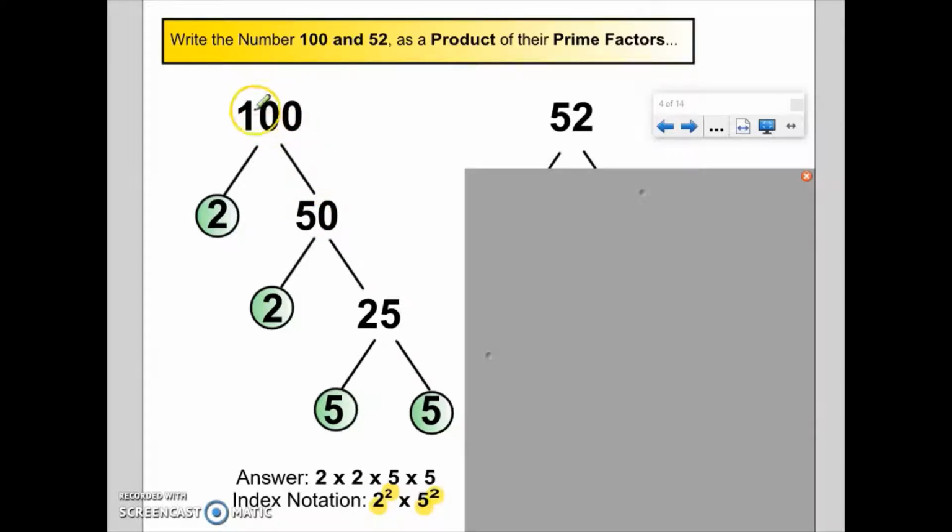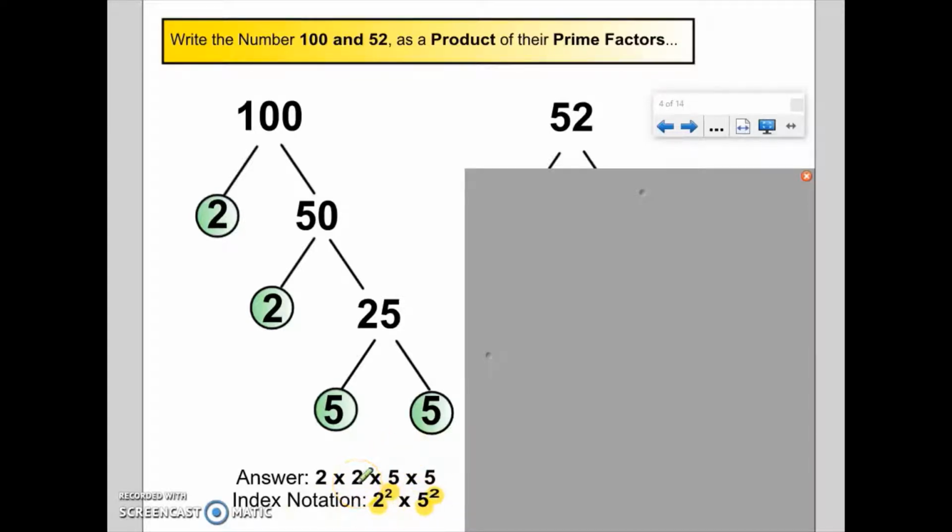Again, you may have approached this in a different way. You may have split this into the factors of 10 and 10, or 4 and 25, and it just means that your factor tree would take a different shape, but your answer would have to be the same as mine